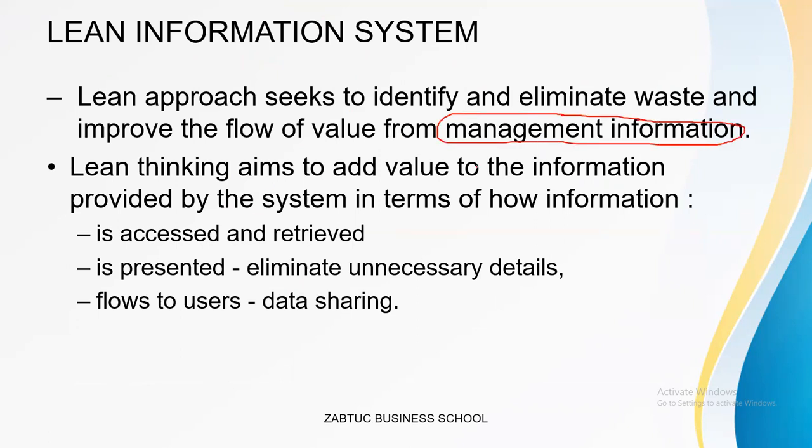Lean thinking aims to add value to the information provided by the system in terms of how information is accessed, retrieved, how it is presented, eliminate unnecessary details, and how it flows to users,